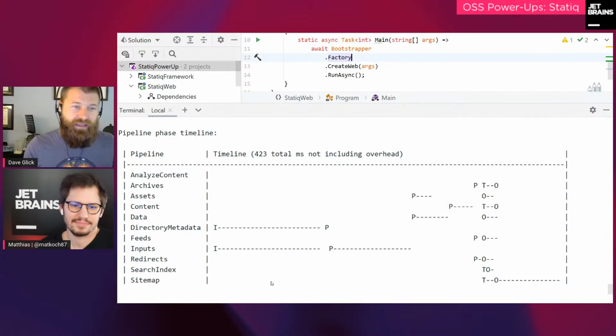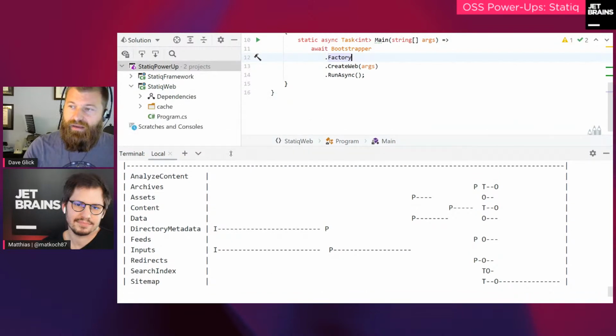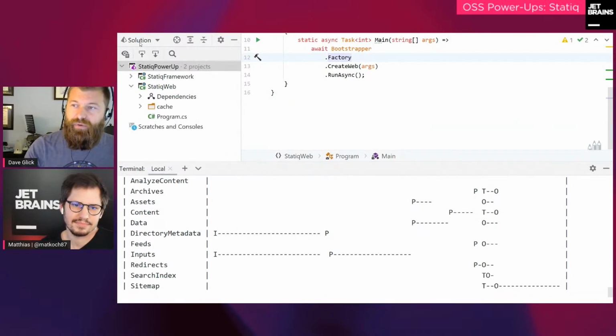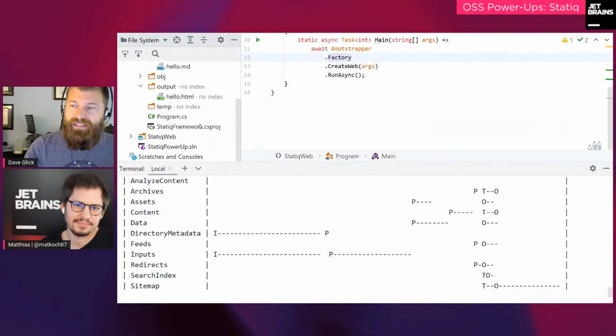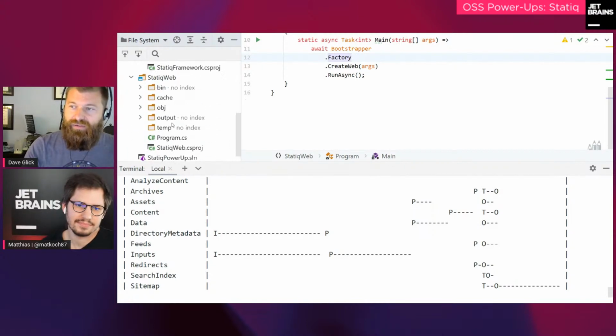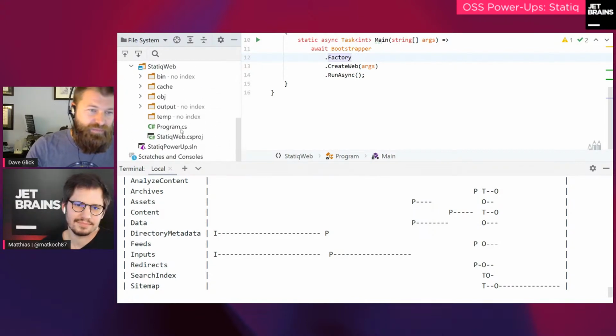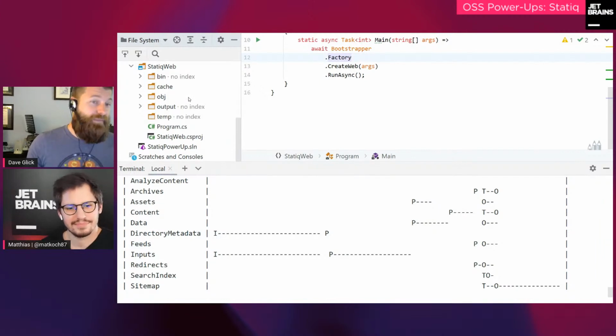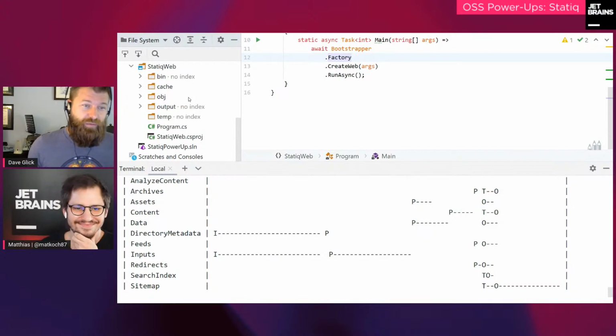What I mean by that is, some of the things we can do in Statiq.Web are, for example, I can add a file to an input folder here. I can add a .cs file, a straight up C# script file. Statiq.Web knows how to read that. It'll read it, execute it, and whatever you return from that as a string will end up as your document content. I can do these things called archives, which lets me, just by writing some YAML,